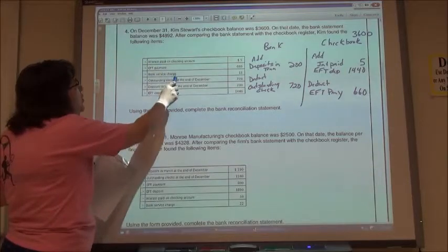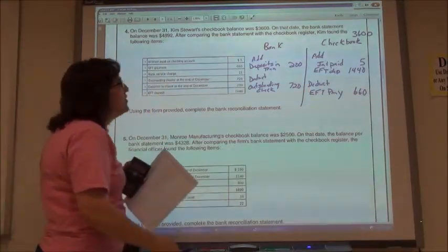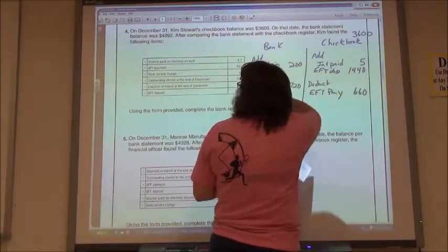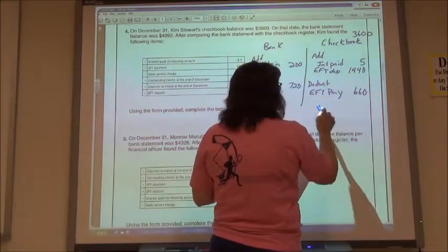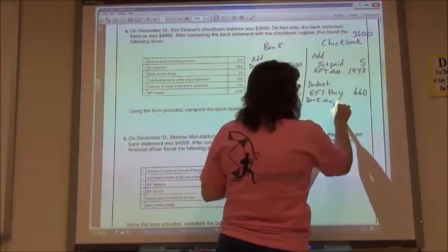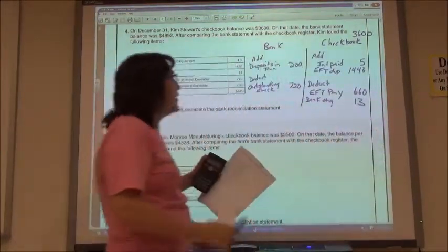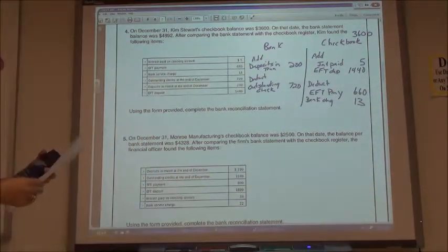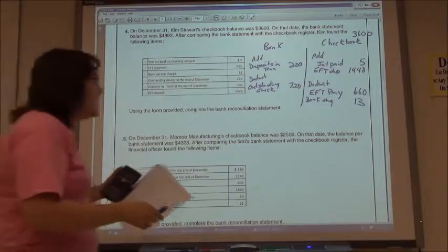The bank service charge was $13, so I have to deduct that because they charged me money, and that's going to go in my checkbook because I'm going to see it on the statement. I need to put it on here. So bank service charge, $13 I should have put over there. So I got to subtract another $13 from my balance. $43.72